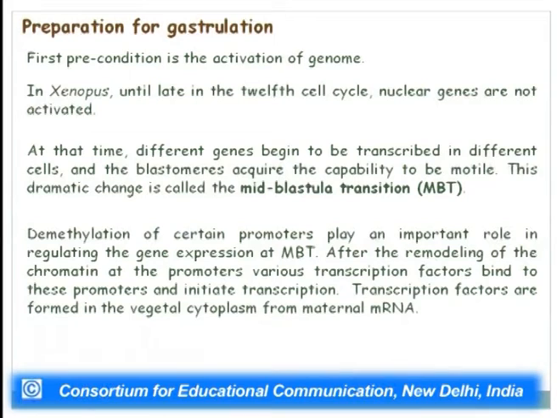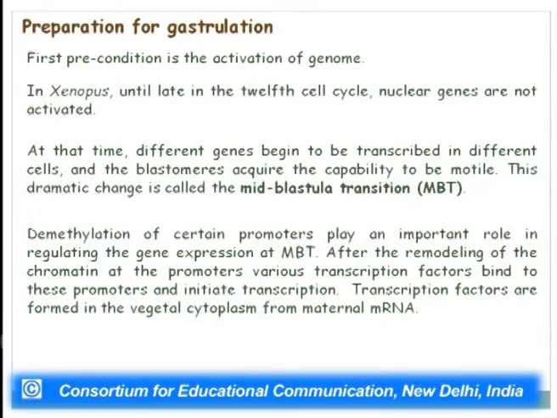After the chromatin is remodeled at the promoters, various transcription factors can bind to these promoters and initiate transcription. Transcription factors such as VegT, or the mRNA of these transcription factors, are already present in the maternal cytoplasm, but when the chromatin remodeling of the promoters takes place, the promoters become demethylated,